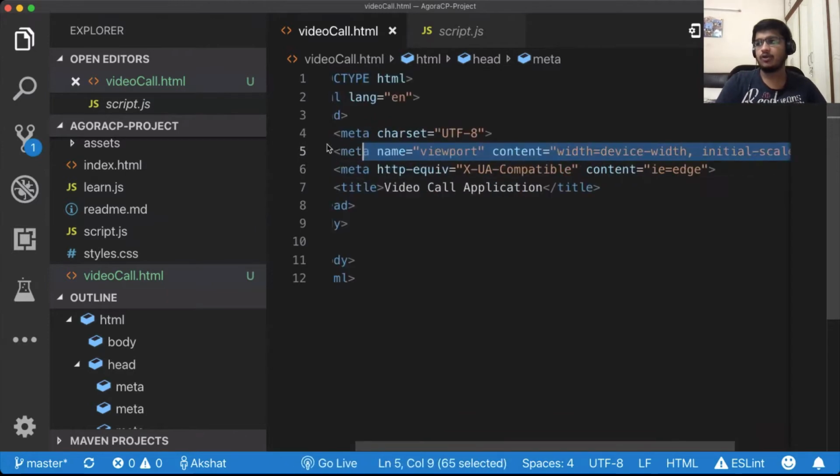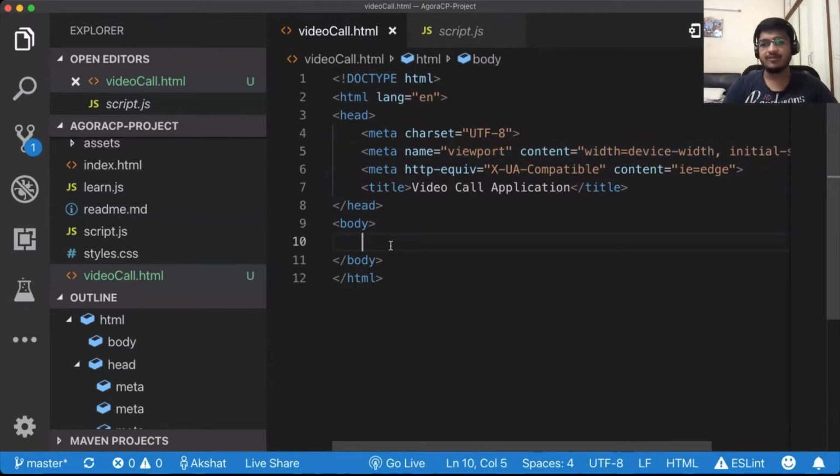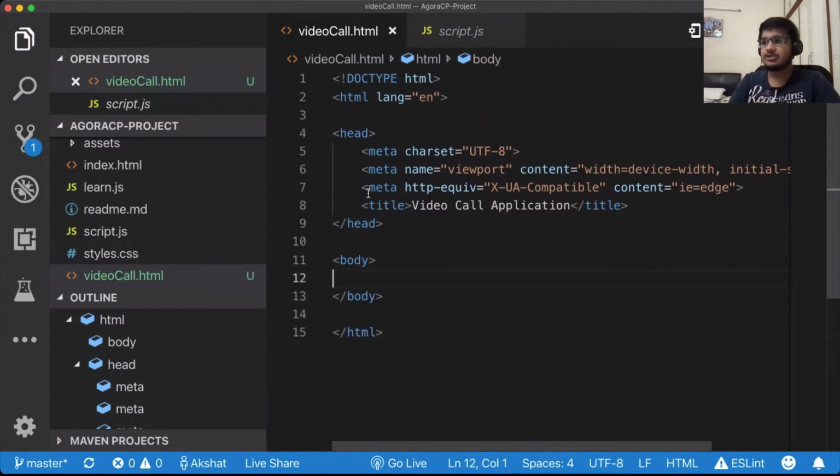There's a meta tag to define the viewport so that if you want to make your website responsive, that is, it works perfectly fine on all screen sizes, be it mobile, be it laptop, be it a desktop monitor, it all looks the same and it does not look like the website broke. So these all come by default through emmets, and I've set the title.